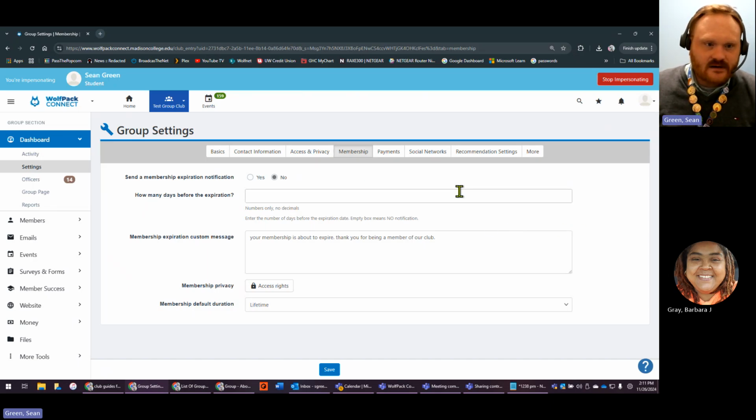Essentially, you could set an expiration date on that, and that could help keep the roster updated. But it also might mean you would have to do a lot more outreach to figure out who your membership is. Right now, we don't have that set or configured, but if that was, these settings about